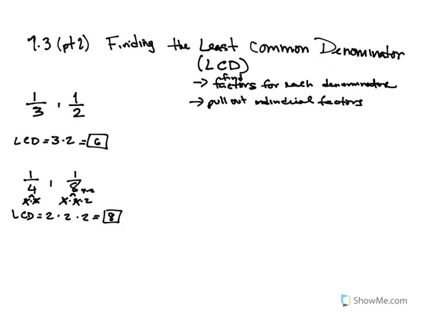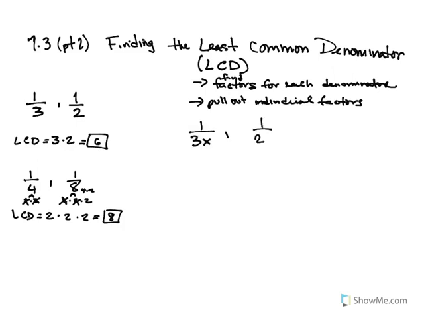And we know between 4 and 8, 8 is the smallest number that both of those can divide into evenly. However, we are not in the luxury of just having basic math problems. We are in algebra now. So we have to understand how to pull out factors of each denominator and use the factors to figure out what the LCD is, because we are going to have problems